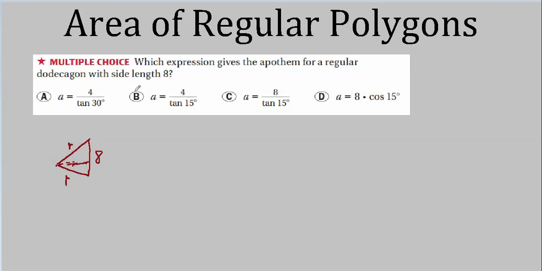Now, we're only given one measurement here, but I bet we can figure out these angles here. First we'll figure out the big one, and then we can cut it in half, and we'll know what each of these angles are. Well, what would the big angle be? We've got 12 of those triangles, so it seems to me if we divide 360 by 12, we'll get 30. I hope that's right. Yeah. Well, if this big angle is 30 degrees, this one here must be 15.